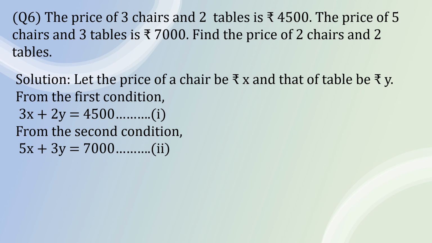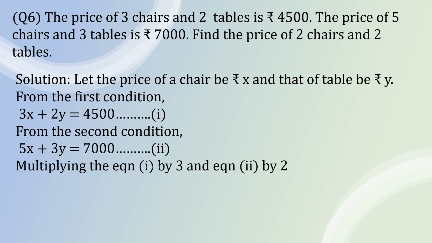If you see 3x, then down equation number 2 is 5x and 2y up, so down it is 3y. So we have to make the variable, either x or y, have the same coefficient. So I have done multiplying equation 1 by 3 and equation 2 by 2. So your equation 1, if you multiply by 3, it will become 3 into 3x plus 2y equal to 4,500